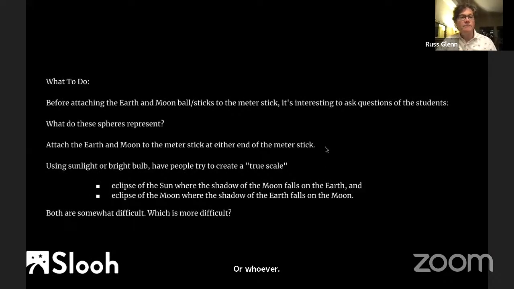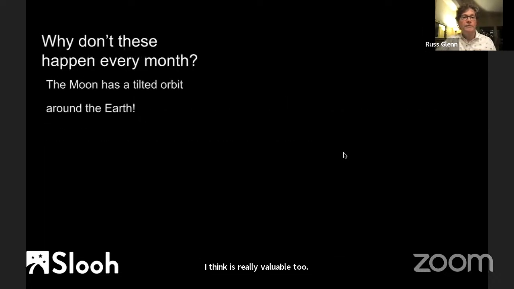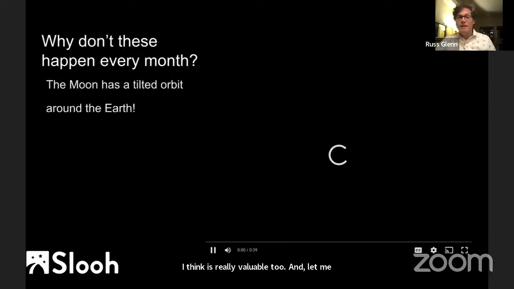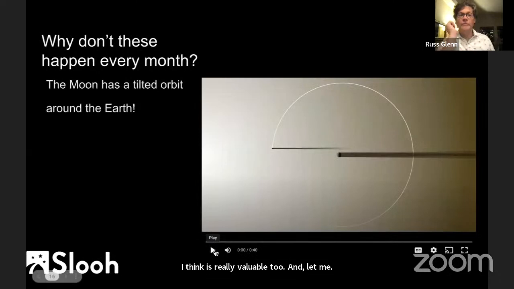All right, so yeah, I love that model. Certainly the solar system formation model, I think, is really valuable too. Let me, okay, so whoops, let me pause this for a moment. So, one question that I like to ask the kids, I always ask the kids the questions first and see what they think. Although it's important if kids start going down a road of misconception, it's important to say, oh, that's a great thought. However, so, talk about